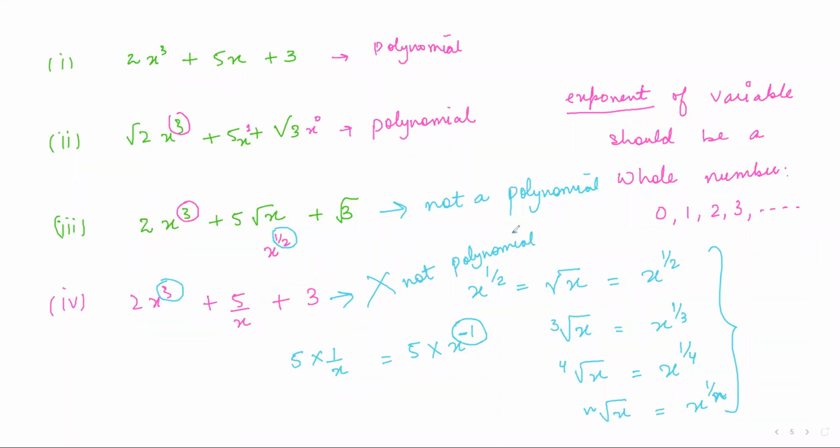Is that okay? Is that clear? Which expression is a polynomial and which is not? Now, one more thing you should understand here. It's not necessary that the variable is always x, right? So if I take an expression, for example, 2x cubed plus 6x plus 3, this is a polynomial